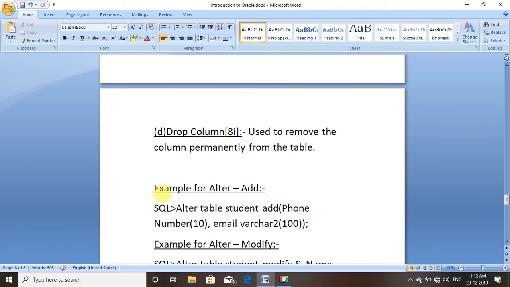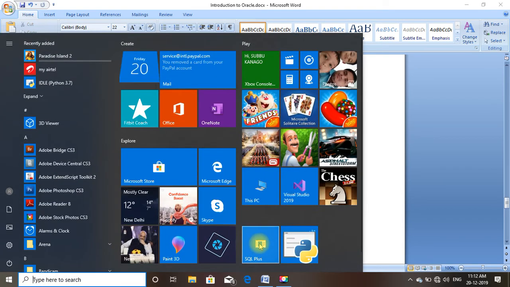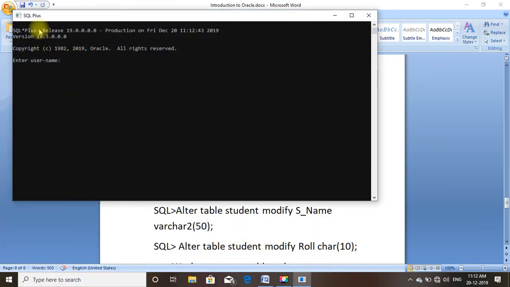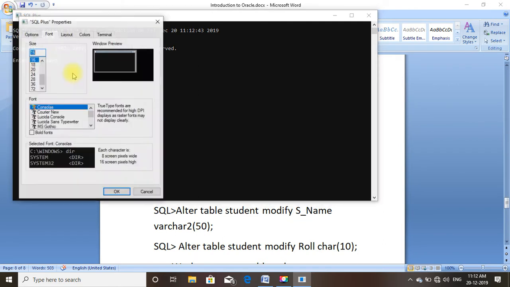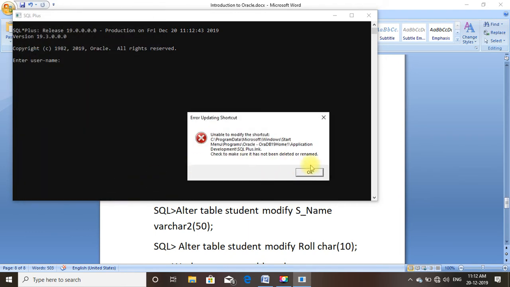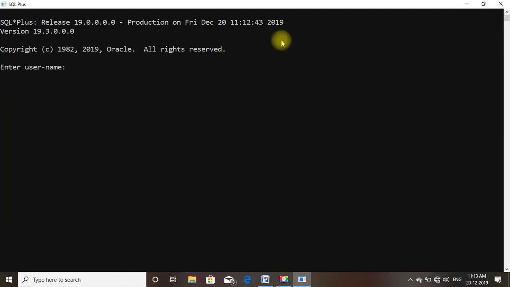Now let us see the example for alter add. We shall start the SQL Plus. We shall increase the font size. Okay, just we shall maximize it.